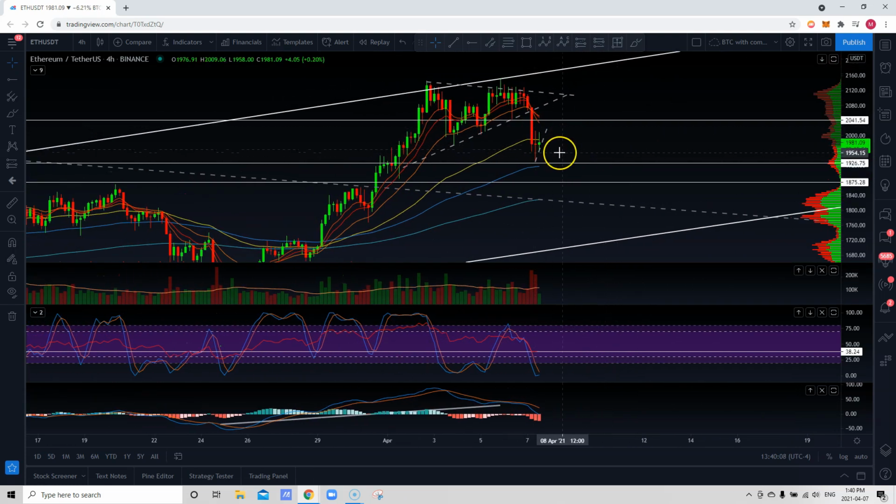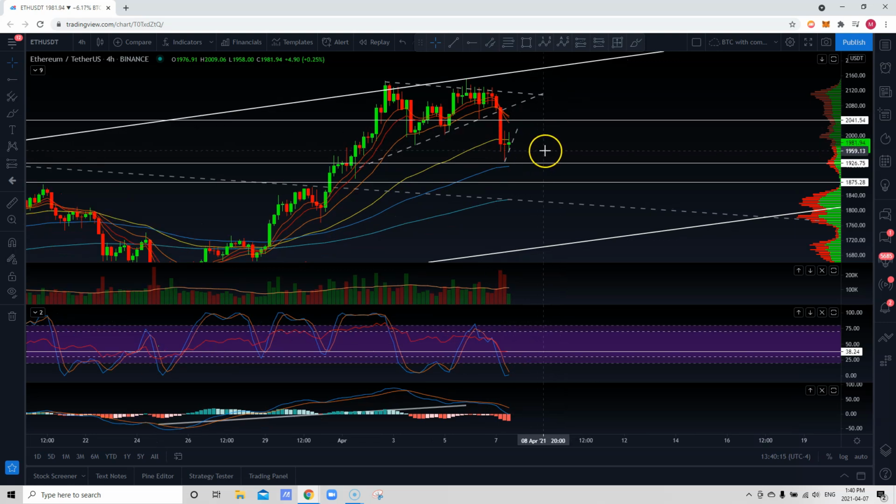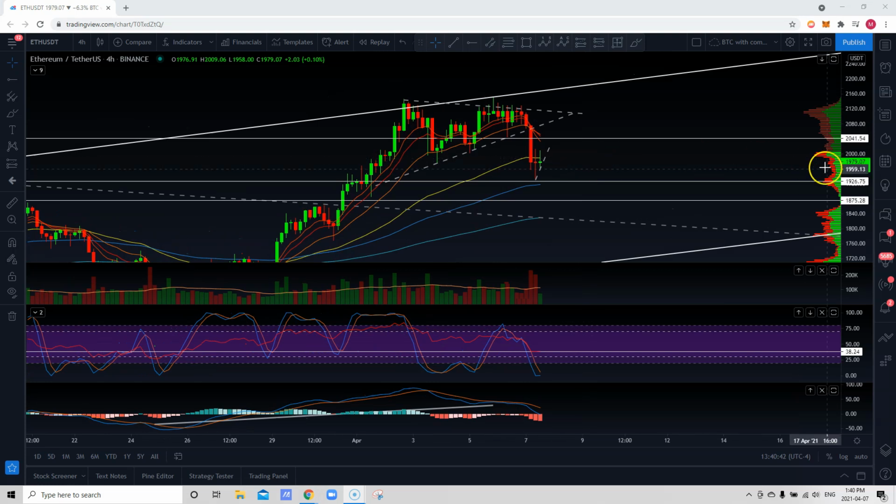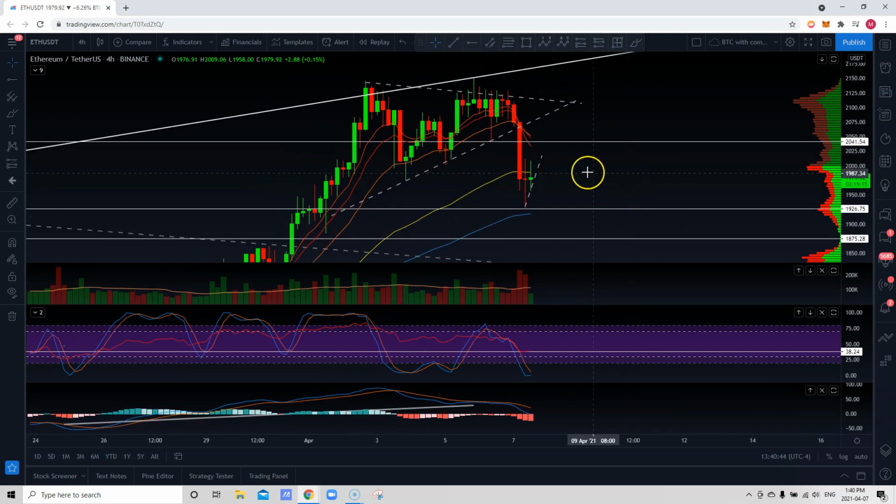So those are the main support zones for now. Let's see how well Ethereum is actually maintaining those, and whether we did see an influx of buyers jump onto those levels. So now if we zoom into the current price action, it looks like we start to drop right